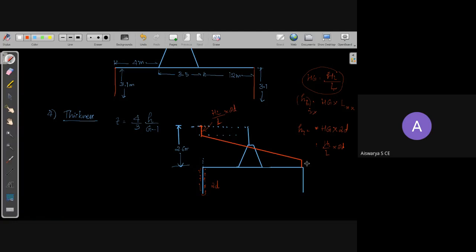This head loss will be similar to this head loss. Why? Because the depth of the cutoff wall is the same. Both upstream and downstream cutoff walls have the same length. So this head loss will be equal to HL divided by L into 2d, which will be the same in both